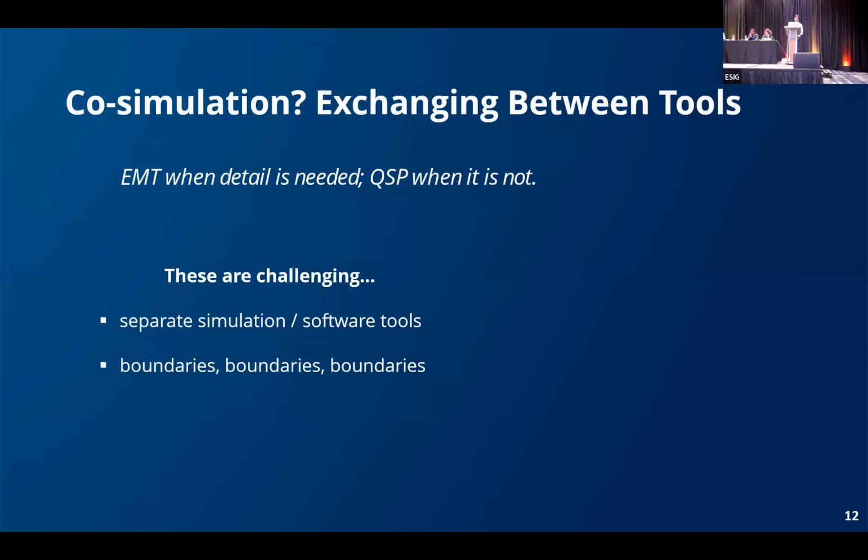If you're using 2 different tools and you have to curate the models of the reduced networks that you're actually modeling, then it's going to be a huge effort to revalidate and or create those networks as those boundaries are changing. And of course, we know that the penetrations and or the metrics we might be applying are going to change during our operational conditions. And finally, how do I handle the interfaces? You have to create a network equivalent. I can't just separate these 2 simulation tools as independent entities. If I'm simulating in PSSE, I need to have a proxy for what my PSCAD model is, right? And vice versa.